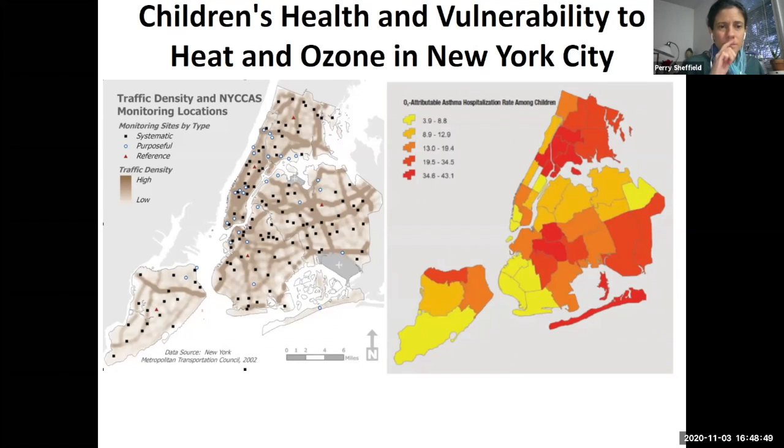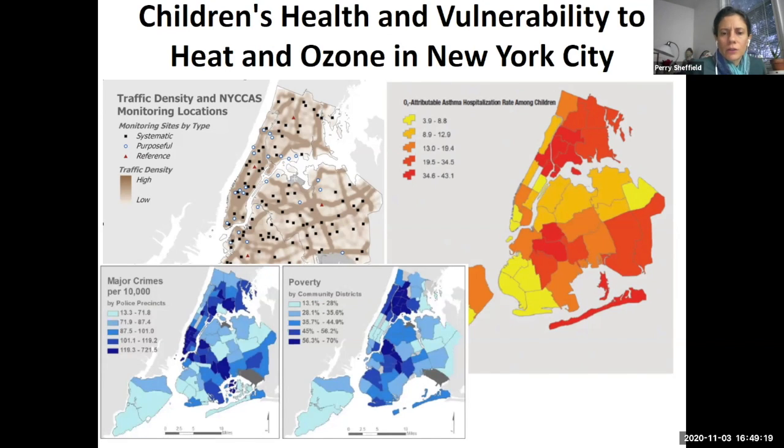And the link between heat and ozone is because ozone is one of the few pollutants that's not directly emitted from smokestacks or tailpipes. It's what we call a secondary pollutant. So it comes from other pollutants that are then, in the presence of heat and light, converted into ozone. And so we know that as weather gets warmer, more ozone gets formed, especially during the summer, what we call the ozone season.